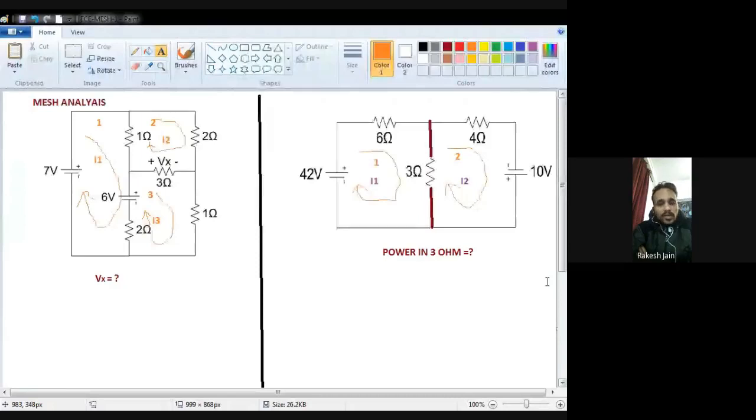So in the 3 ohm resistance, when I want to write down the equation for the first mesh, my current is I1, so I write down plus 3 I1. But with this 3 ohm resistance, another mesh current, the second mesh current I2, also passes. So I just see the direction of that I2. My first mesh current is I1, and its direction is from top to bottom side of that 3 ohm. Okay, clockwise. This is my direction.